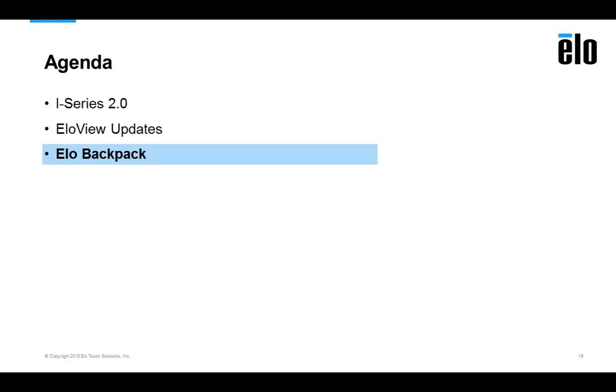So, well, the simple answer is no, because part of the EloView offer is the kiosk mode on the device and a whole bunch of other stuff on the device and the portal connectivity. There is a way to put the device in kiosk mode, but if it's in kiosk mode, then it's going to report to the EloView portal, so you should really have it under your portal account because it's a vulnerability if you leave the device